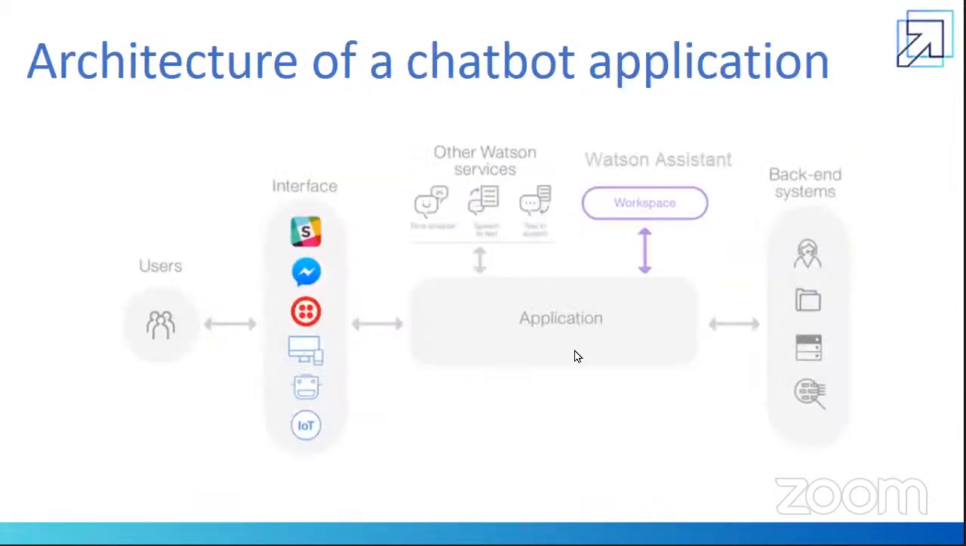If you see on the screen, you have users, you have interfaces, you have an application, and you have some sort of backend system, right? So the users will interact with your application. The application can be interacted with by users through any of the given interfaces. It could be a Slack channel, Messenger, Twilio, or any desktop application or anything. Now whenever a user enters any text, the text is assigned to a workspace,